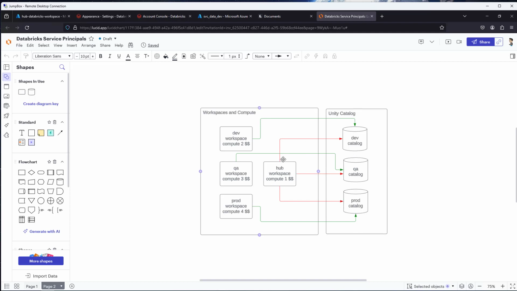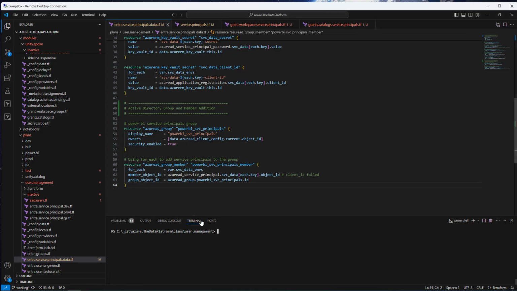So this is the approach that I'll take: my ETL will go through the hub and use the compute resources here to load up the data for these three different environments. So with that said, let's hop over to Visual Studio Code